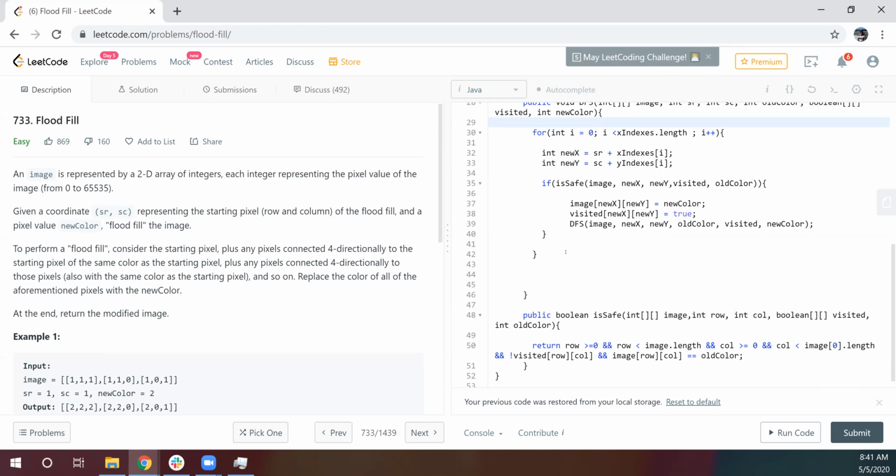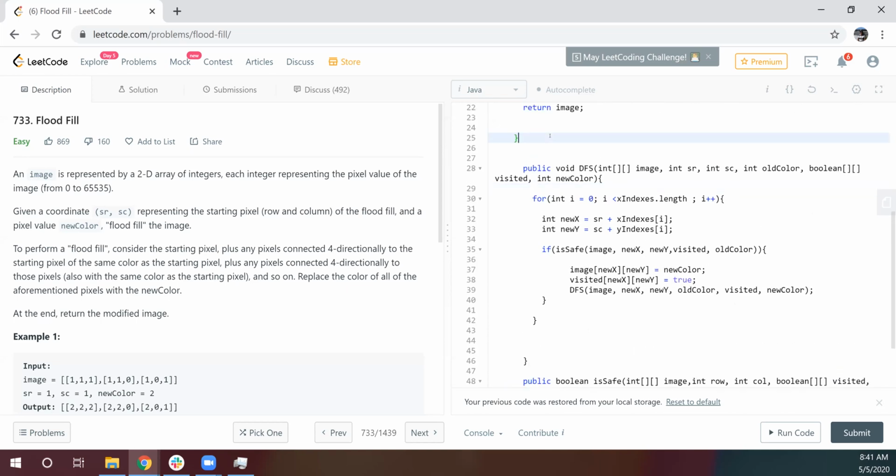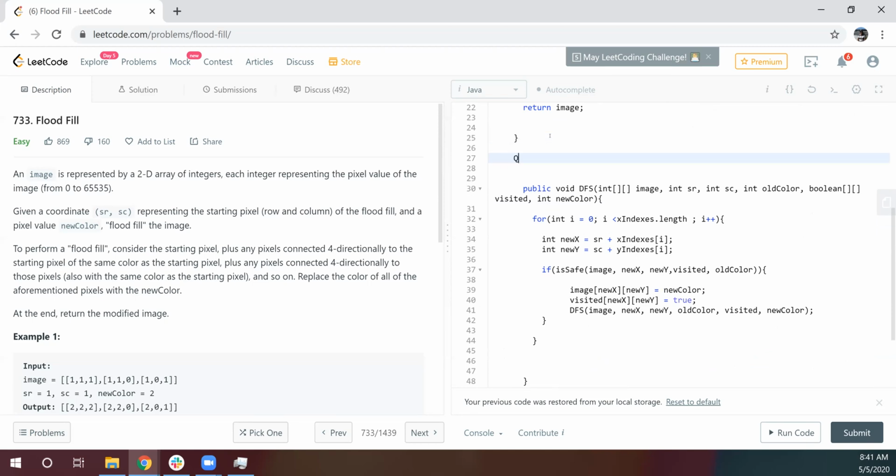So basically it could be a queue of an array of integers, and then we can keep on putting x and y's there, or we can create a point or some class and start putting x and y's.